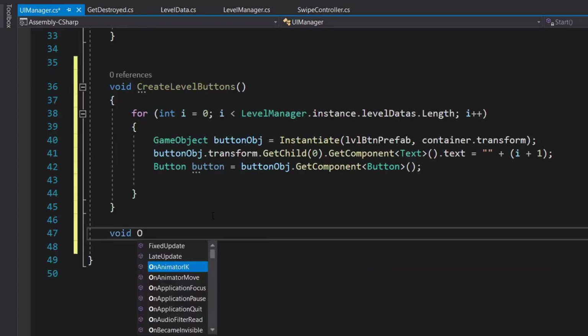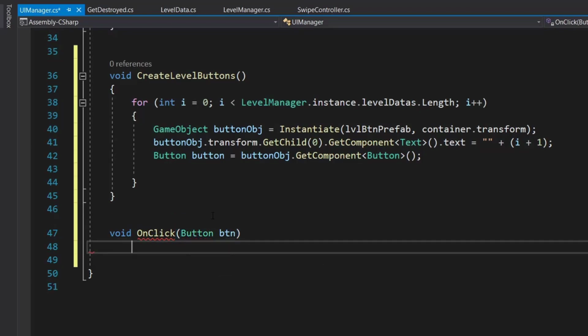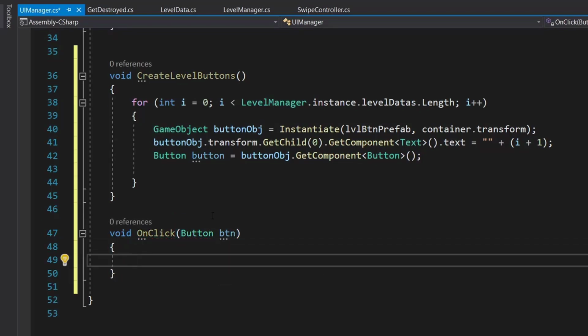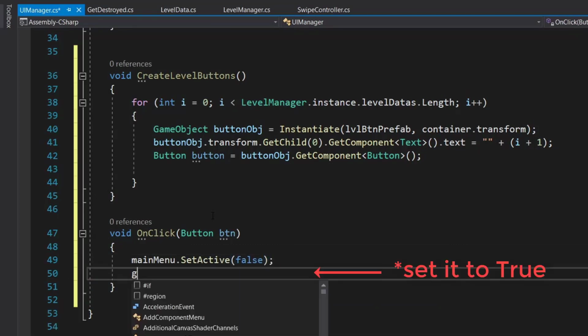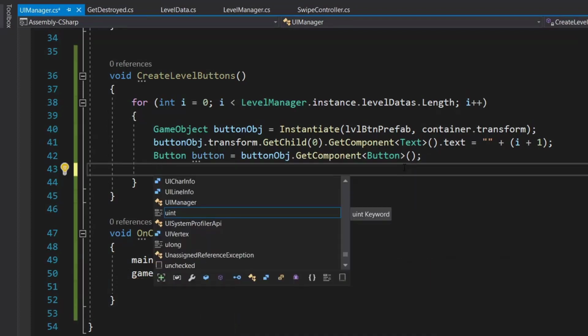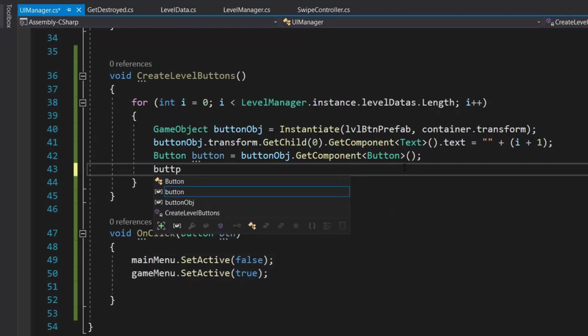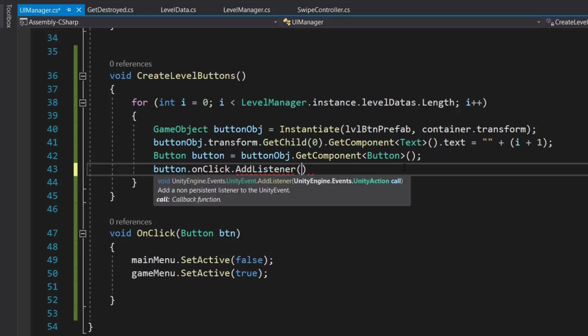So for our button we will create a new method that is on click, which will take reference to the button, and in that we will set our main menu to false, our game menu to false, and in our create level buttons we will set our button dot on click dot add listener, and we will add our method to it.